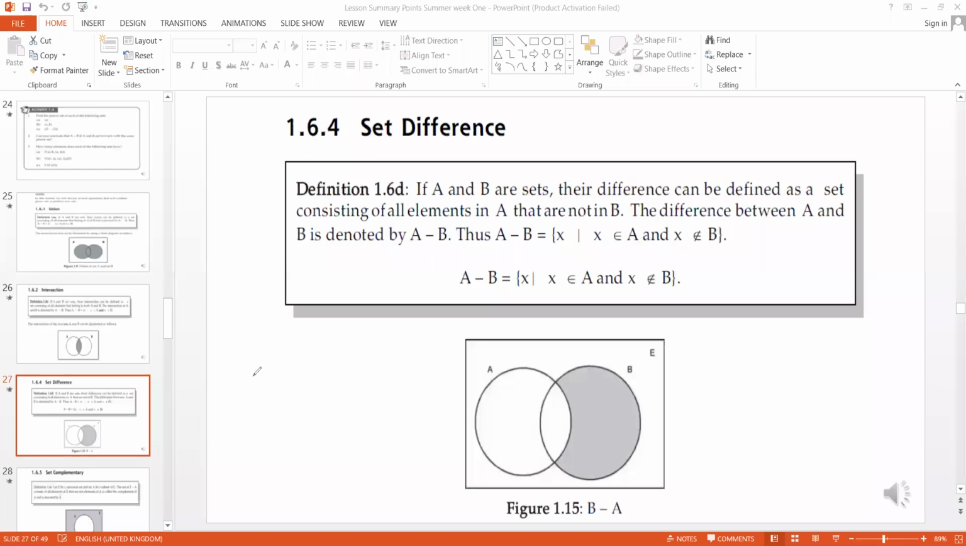Okay, so like I was explaining, let me write the sets again. A is 1, 2, and then B is 1, 2, 3, and 4. So the set difference, B minus A,